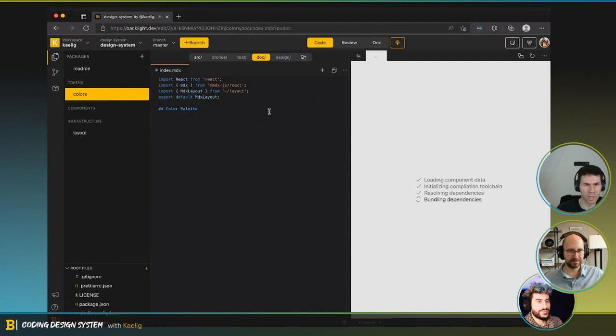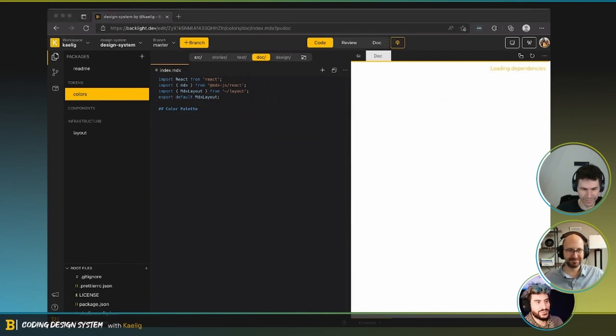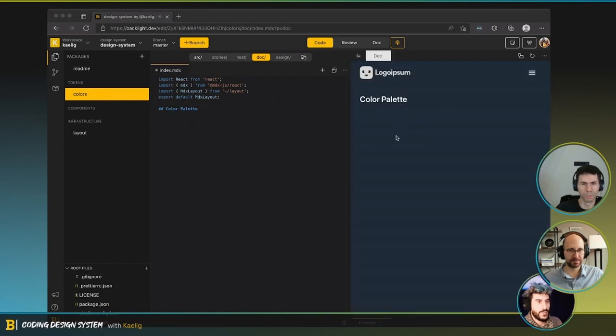Yeah, because now it's working. The thing that we are seeing a lot in those episodes is that we are often doing the same tasks. So yeah, having a way to automate those templates would be really nice. There we go. Okay. And now we have a small color palette.